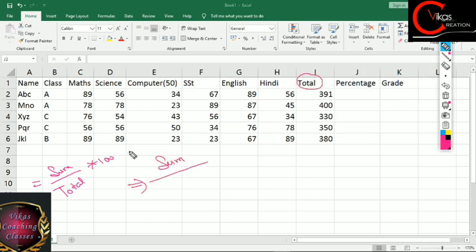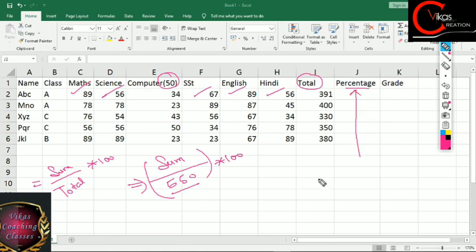and if we talk about the grand total, marks in maths, science, SST, English and Hindi are each of 100 marks, but the computer paper is of 50 marks. So our grand total is 550, and then we have to multiply this whole by 100. Fine. So this same thing we have to write in the form of a percentage formula. For percentage we don't have any function, keep this in your mind.